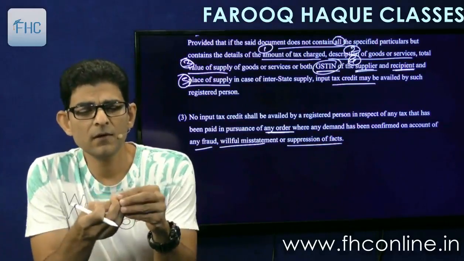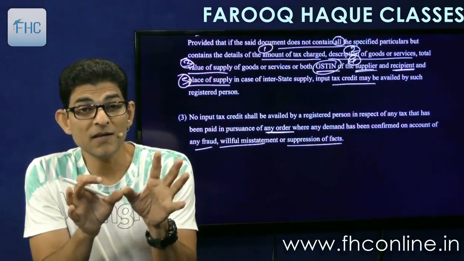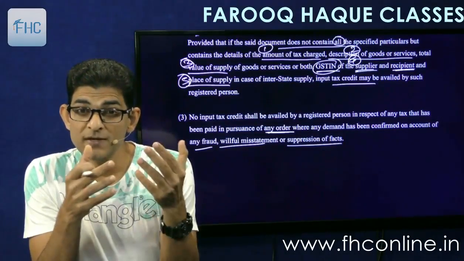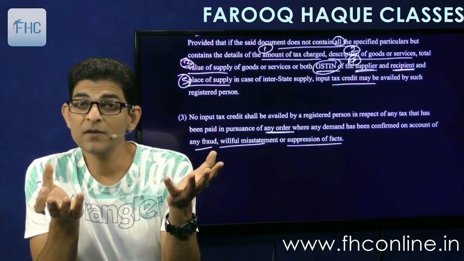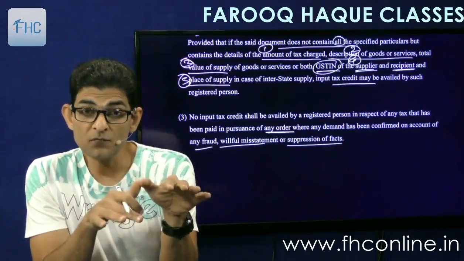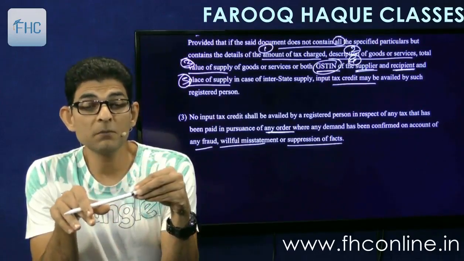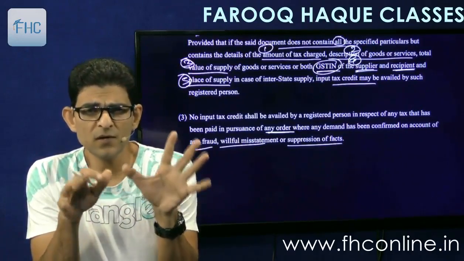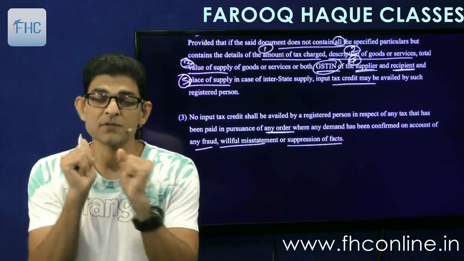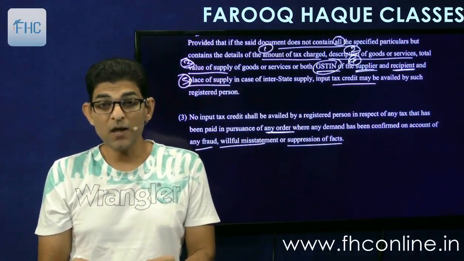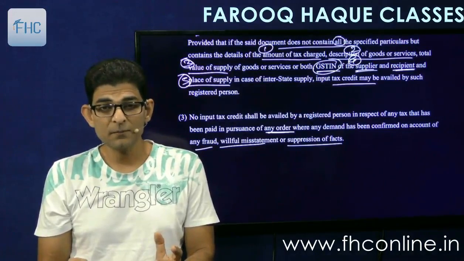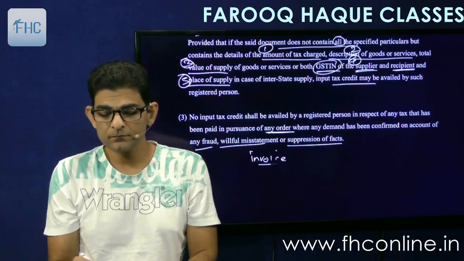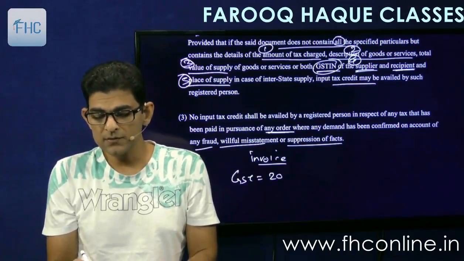What happens is that the supplier does some kind of fraud or willful misstatement, willfully making wrong statements in your invoice, or suppression of facts. He supplies us 20,000 units but mentions only 2,000 units. So in any way he is committing fraud, willfully misstating or suppressing the facts. The GST should have been, say, 22 lakhs, but because of fraud he cuts it down to 2 lakhs. So the original invoice is given to us containing GST of only 2 lakhs.